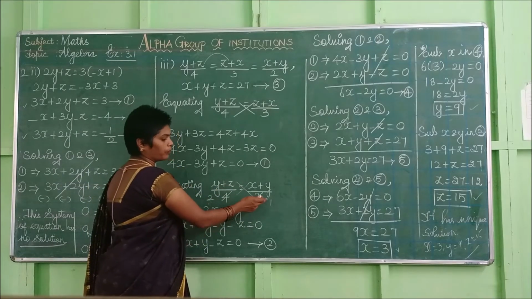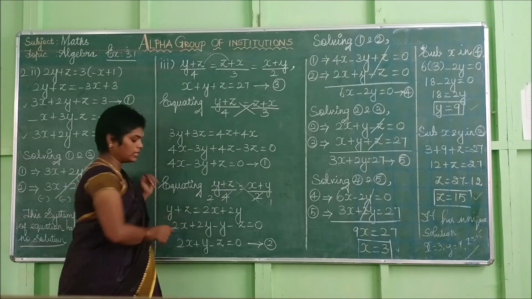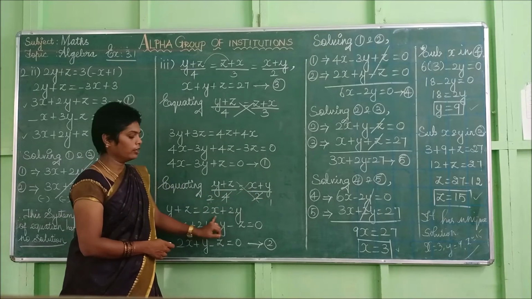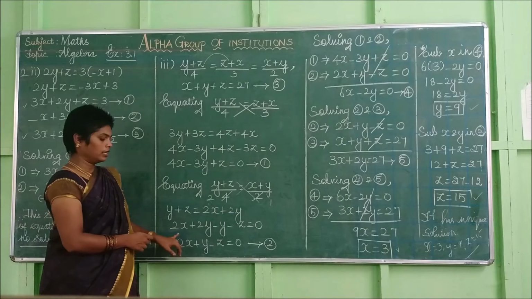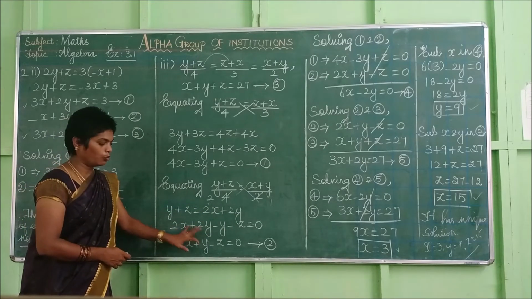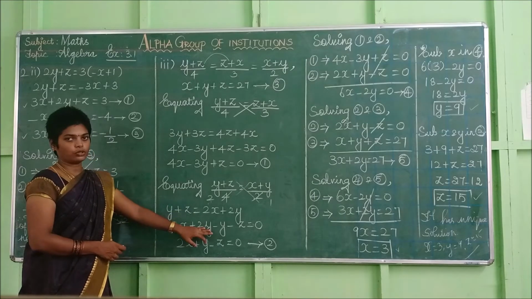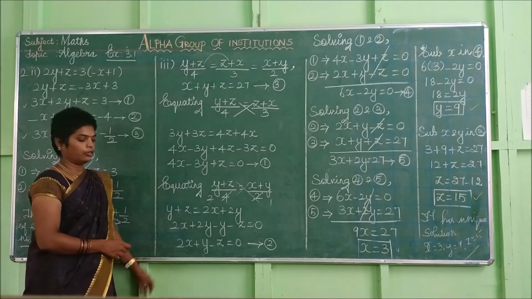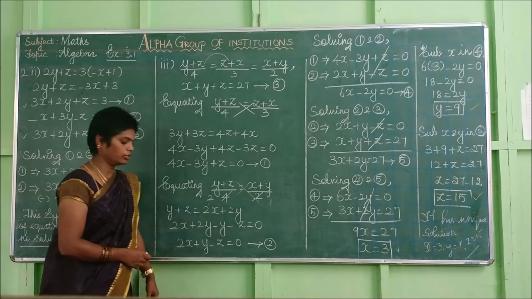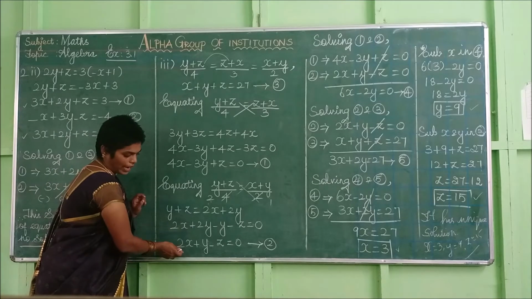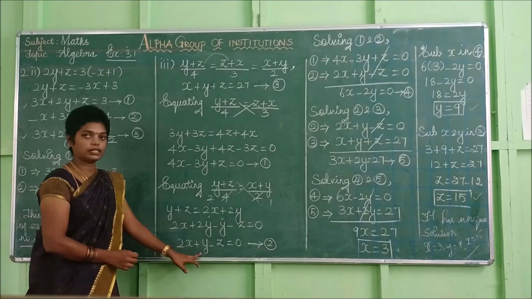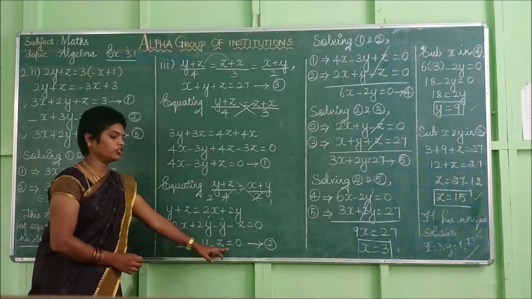Now cross multiply. 1 into y plus z is y plus z, which is equal to 2 into x plus y, 2x plus 2y. Then listen, you have to interchange this to this side. 2x plus 2y. Then this one changes to that side means it will be negative. Positive comes to negative. Minus y minus z which is equal to 0. So check: 2x, here two terms are y. So subtract. 2y minus y is simply y, minus z which is equal to 0.